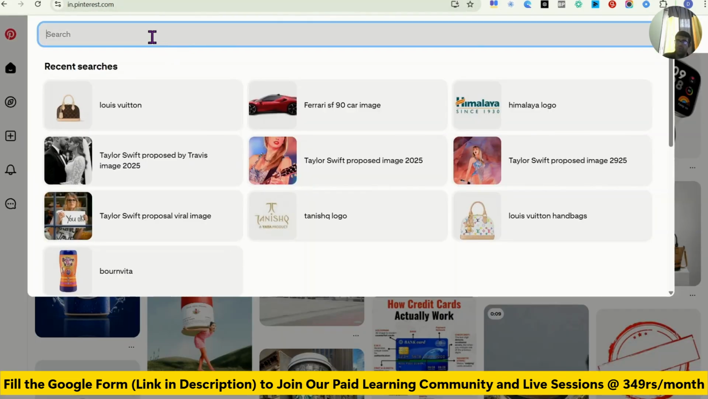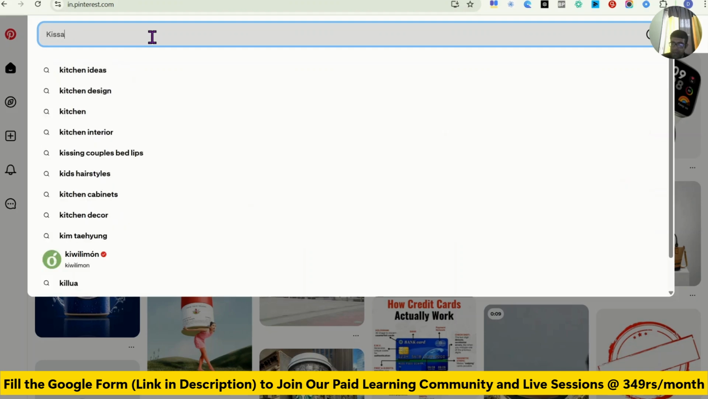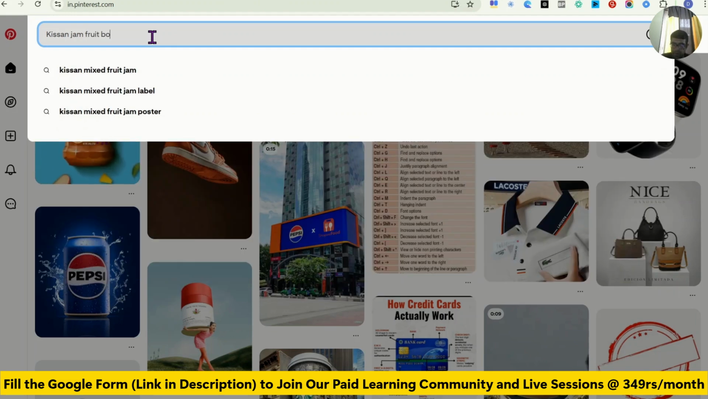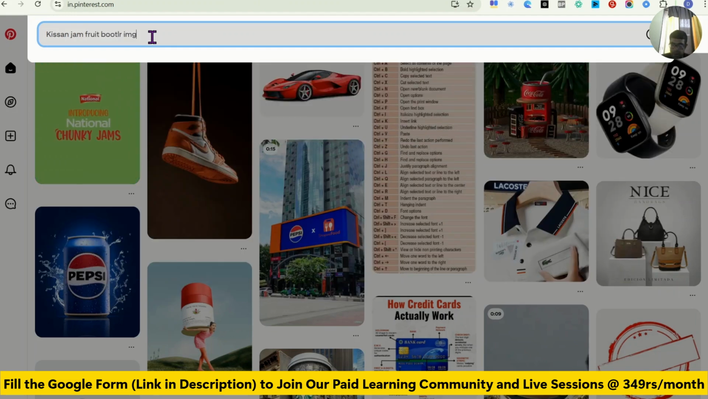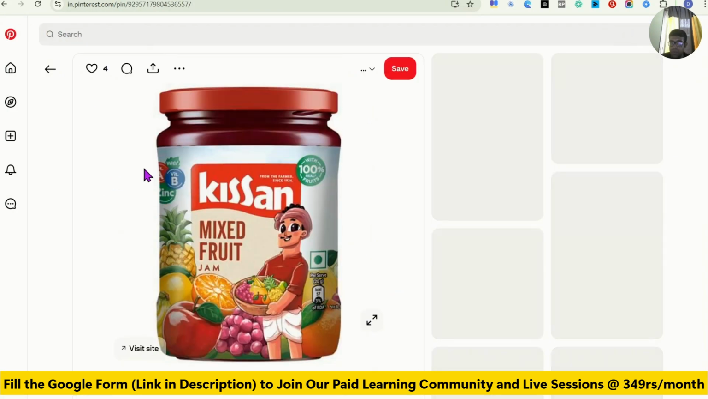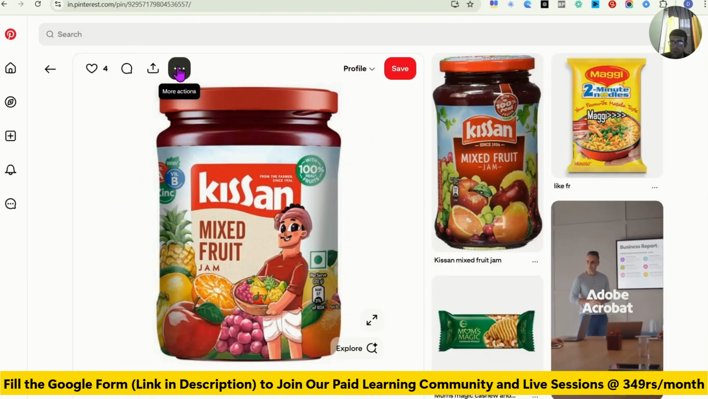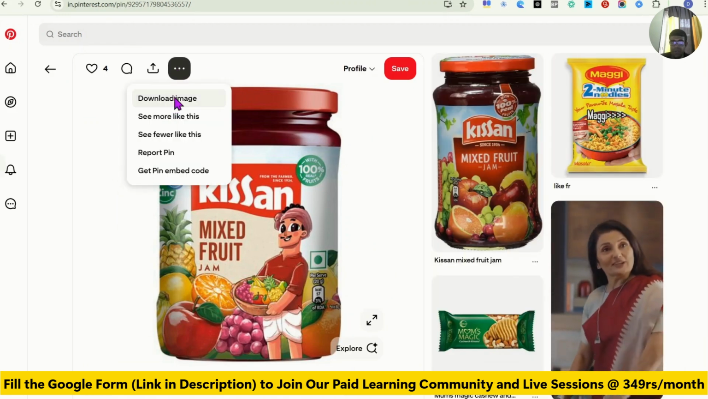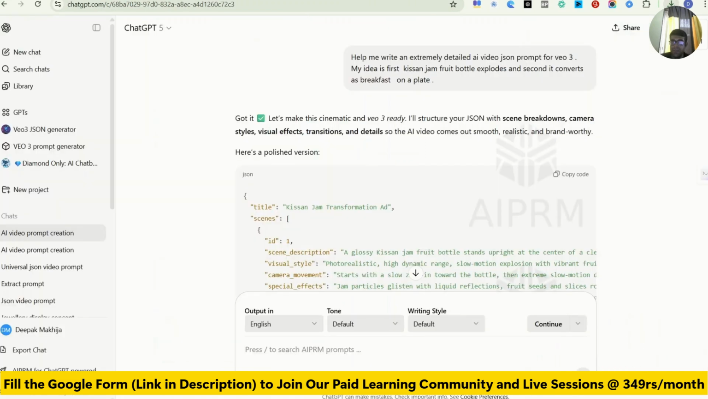I have got another hack for you. What you need to do, you have to go to Pinterest and type Kisan Jam fruit bottle image, and it will give you a Kisan Jam fruit bottle image. So you just have to download the image, go to ChatGPT. This is another hack. Just upload it